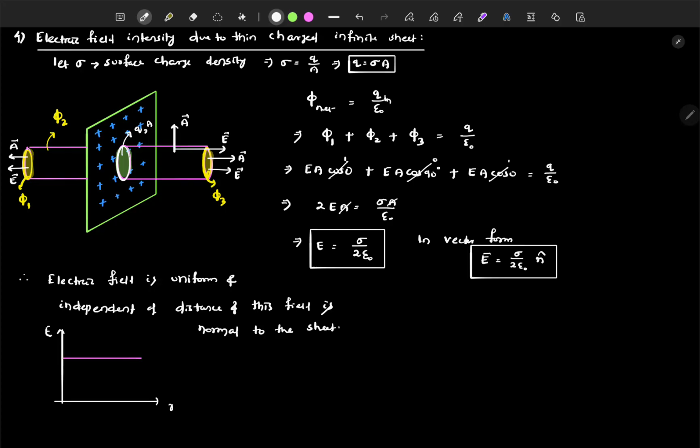Yes, this field is normal to the sheet. So in case you are instructed to find the electric field due to a conducting infinite sheet, what do you have to do? Find the electric field intensity due to a conducting sheet or plate. So next, for the conducting sheet, application number 5 is electric field intensity